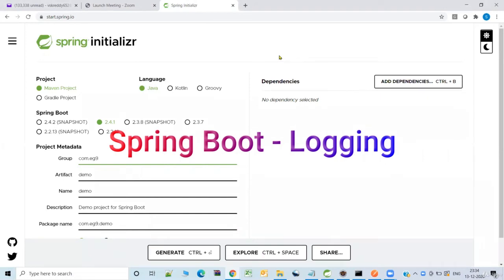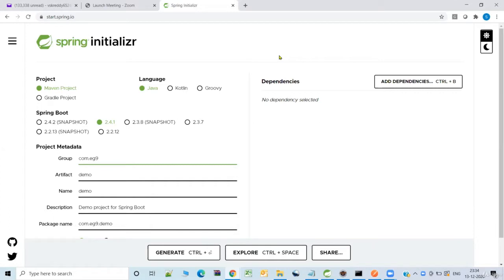Hi, welcome back. In this session, we will be exploring how to create a Spring Boot simple REST endpoint application, and along with that, we will also see how to add logging. As you know, in a real-time application, we will be needing logging. We need to enable logging to troubleshoot or debug any specific piece of code if it is not working as